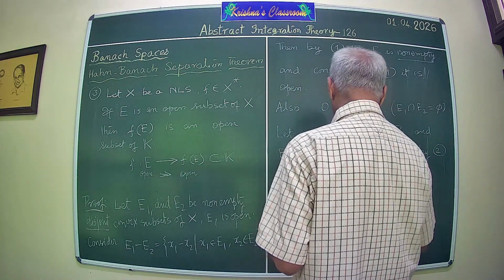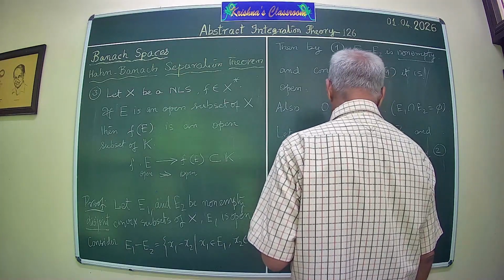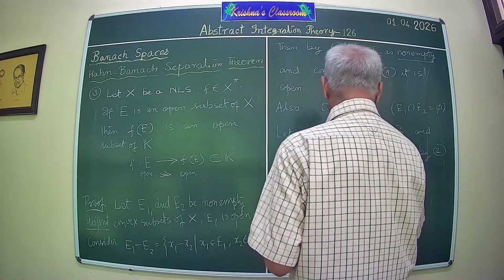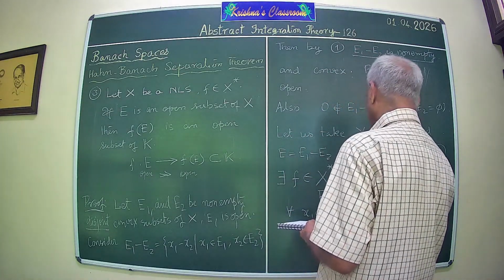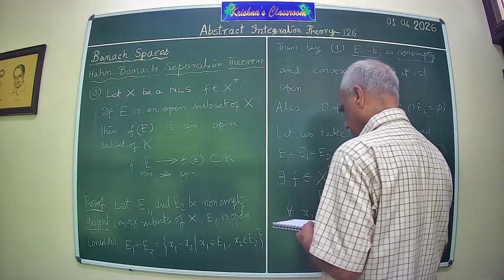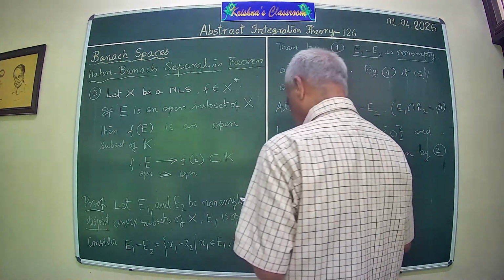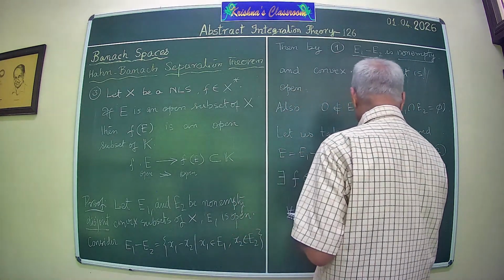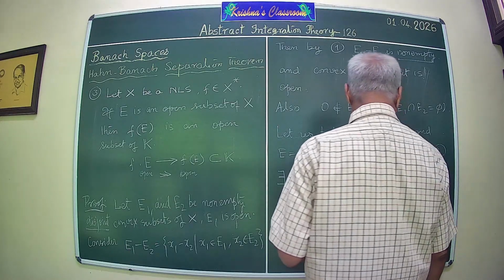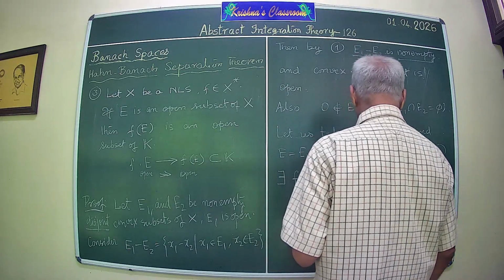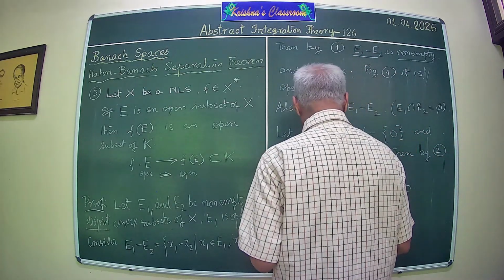What does this mean? F of x1 minus x2 is f of x1 minus f of x2. Therefore, what you have is that the real part of